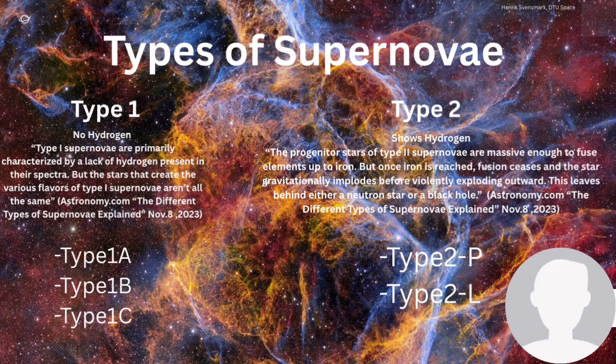Type 2 supernova shows hydrogen, which is different to the type 1. And doing my research on the type 2 subparts, type 2P is a supernova that shows a plateau in its brightness. It pretty much stays at a peak luminosity for a few weeks due to its combination of hydrogen